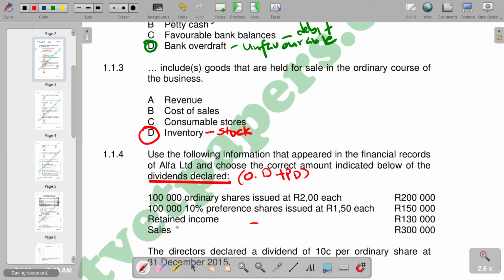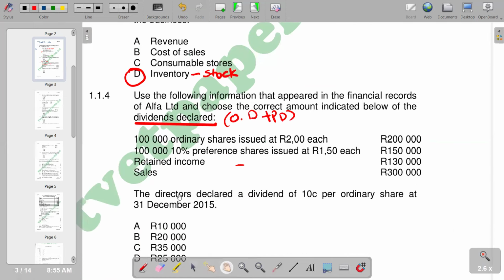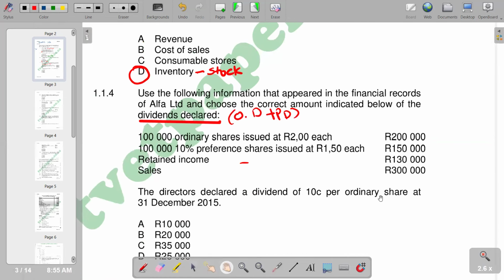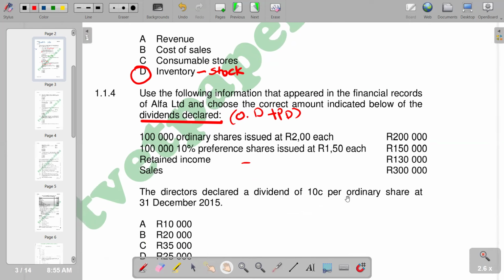So we are given the balances. Then what is important is how we are going to pay. For example, the ordinary share dividend. Now they are saying the directors declared a dividend of 10 cents per ordinary share on 31 December 2015. Then we check how many ordinary shares we have to get the ordinary dividend. So we multiply by 10 cents times the total for ordinary shares. If you come here, you see that for ordinary shares, we've got 100,000 indicated here. So it means on ordinary dividends,